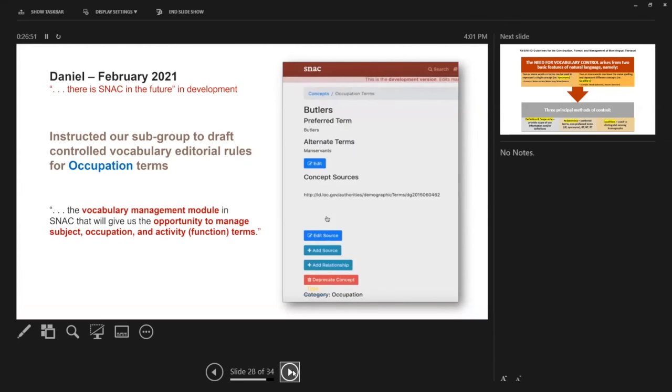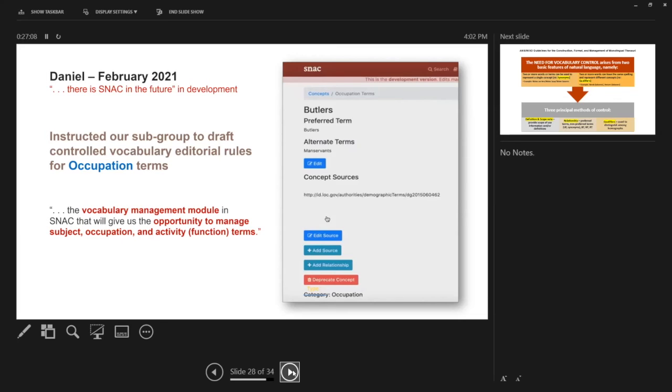Daniel had begun us on this path back in February also, I think, but he instructed our subgroup to draft controlled vocabulary for editorial